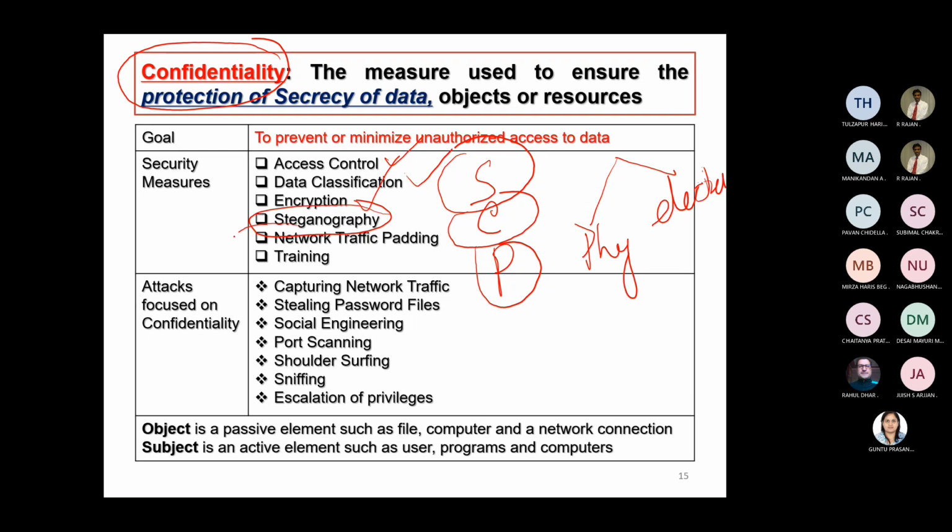Then the other technology control is called network traffic padding. Network traffic padding is a mechanism in which, wherever there is a gap in the communication, it is filled with certain bits, so that somebody who wants to get into the information will get confused. This is done in order to ensure confidentiality. These will be padded to an extent of 62 bytes, 124 bytes. That's how it gets added.